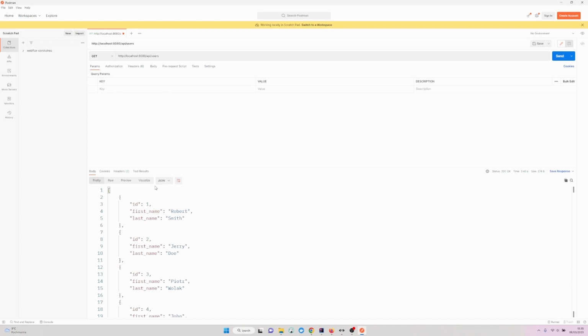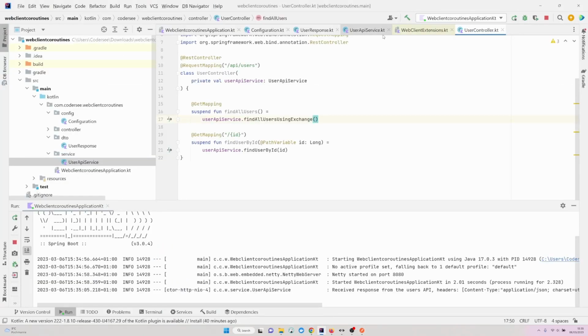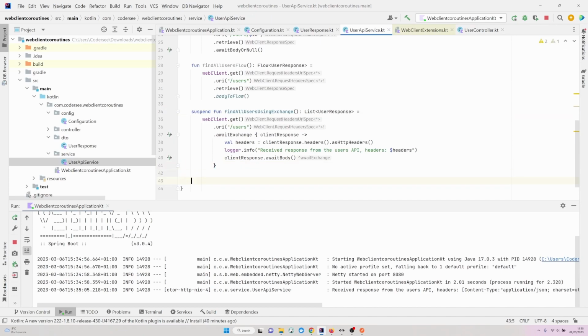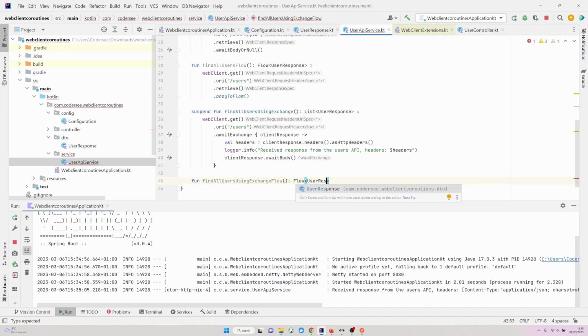On the other hand, if we would like to again return the flow instead, we will have to use the exchangeToFlow function. So let me open up IntelliJ, our API service, and this time we'll add a new function called findAllUsersUsingExchangeFlow. As a response, flow of user response